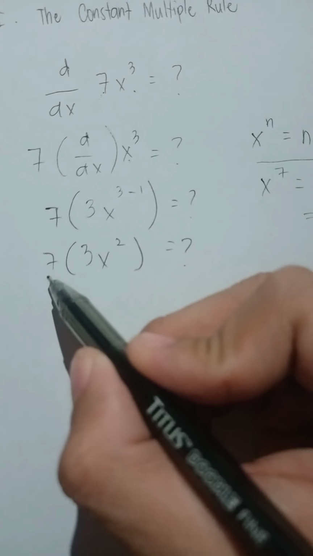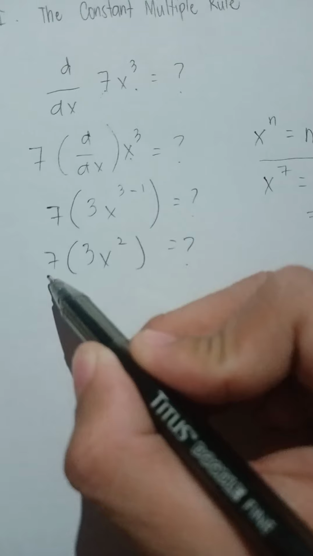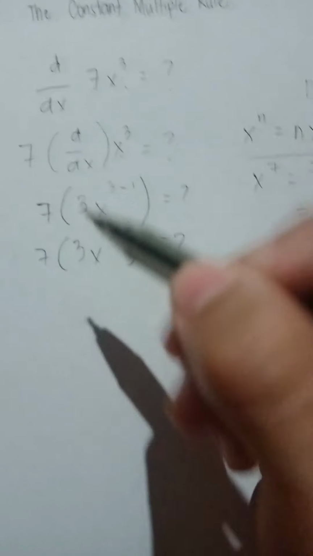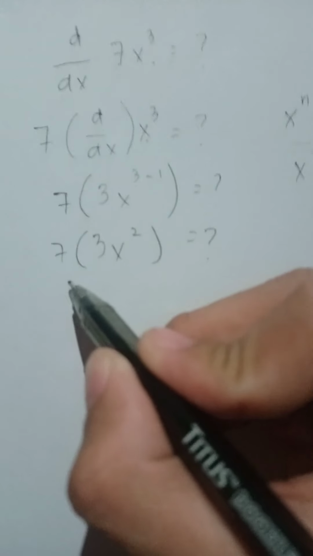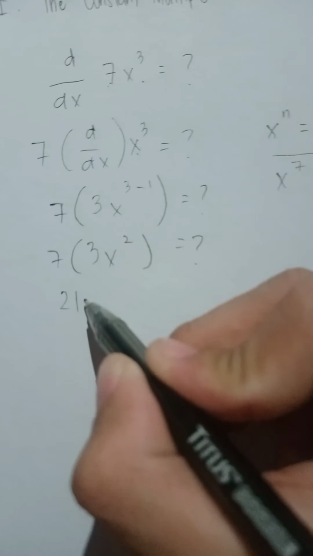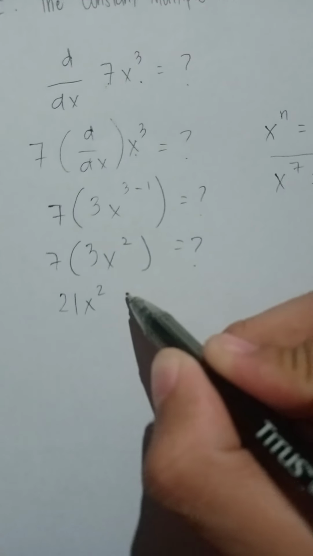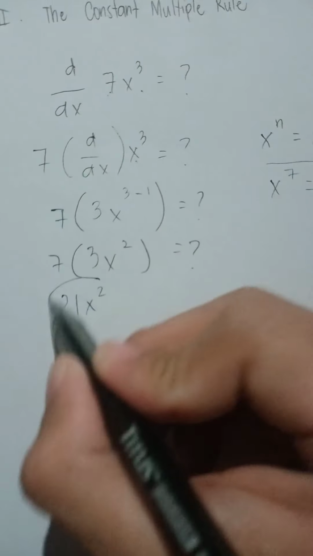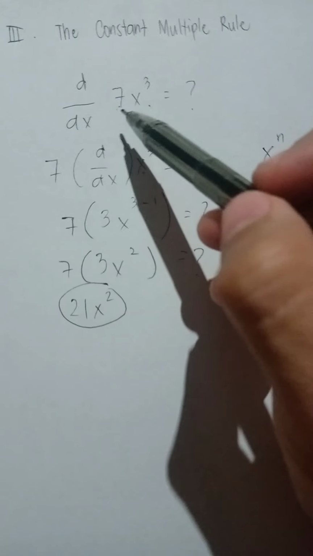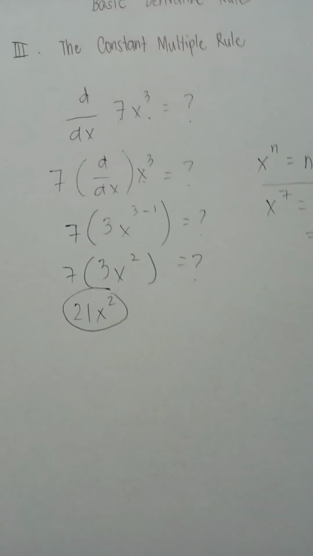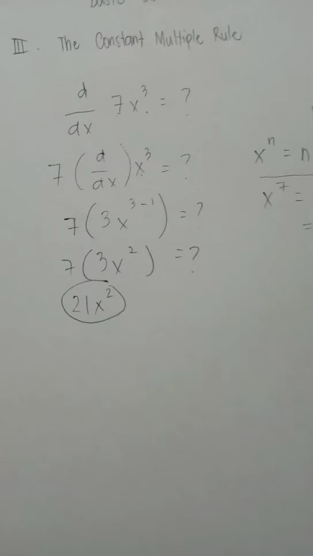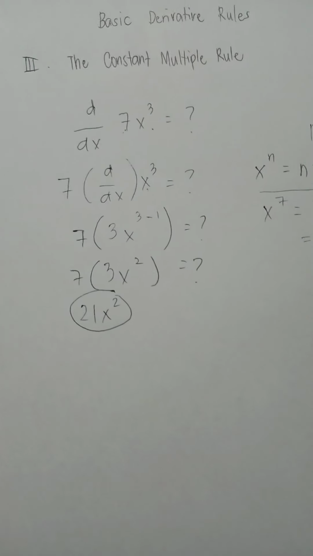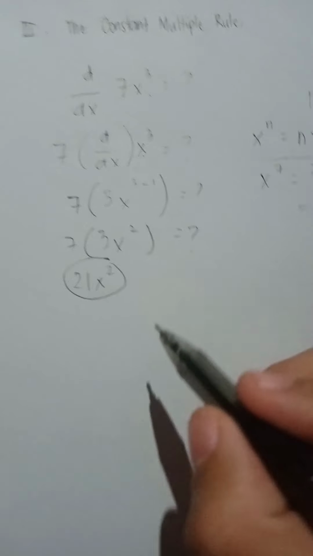Then we will multiply the constant times the constant inside the parentheses. So 7 times 3 is equal to 21. 21x squared is equal to the derivative of 7x cubed. That is the gist of the constant multiple rule. Let's have another example. For example,